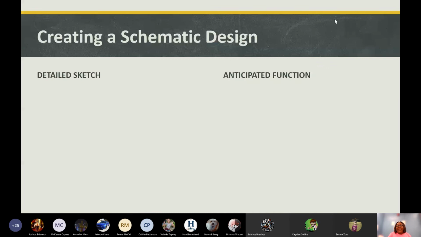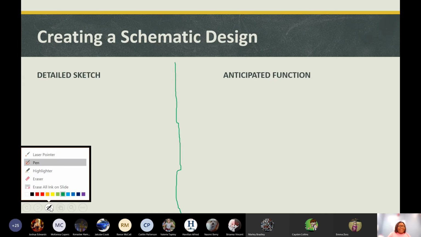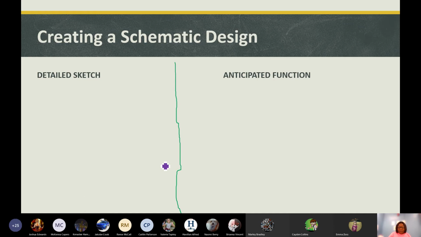So when we're creating a schematic design, go ahead and write this in your notes. A schematic design has 2 parts. It has a detailed sketch, and it has an anticipated function, okay? And in order for your schematic design to be complete, it must have both parts. So let's look here. When Ms. Neville is talking about you doing a detailed sketch, this is where you are actually drawing a picture of